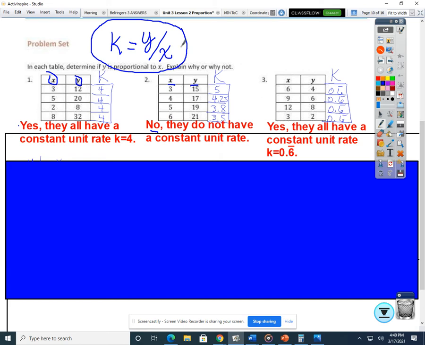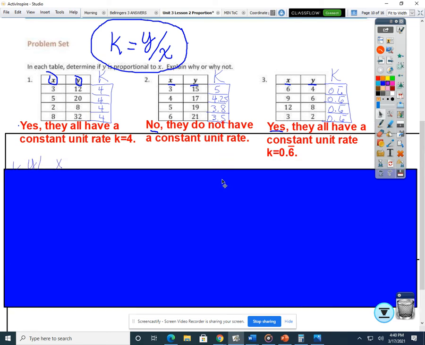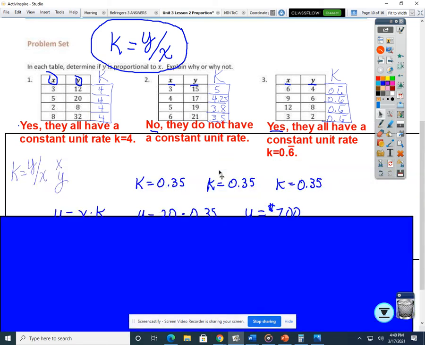Finally, for number 3, once again, using my formula, k is equal to y divided by x. For each of these, I got the same answer here of 0.6. That was a repeating decimal. So I determined that yes, this is a proportional table because they all have the constant unit rate of k is equal to 0.6. For problem number 4,